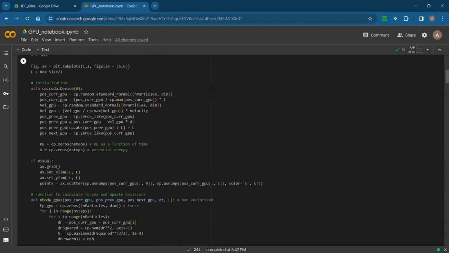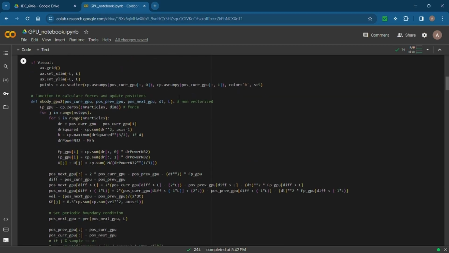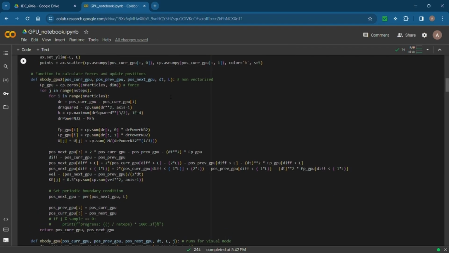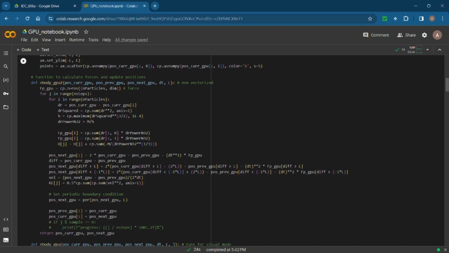Other arrays like the current position array and the previous position array are all set as arrays of particles times the number of dimensions, that is 2 here. So this is the function that computes the force that is experienced by each particle,